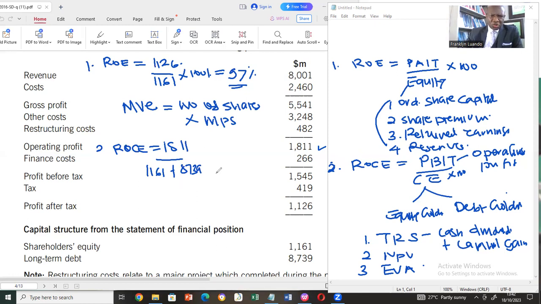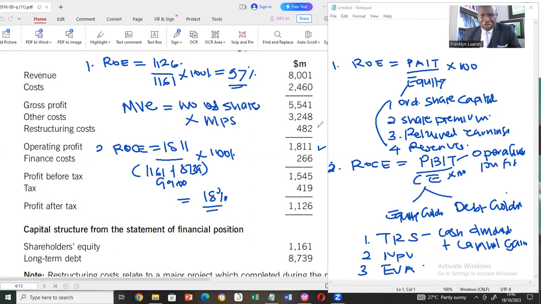In total, this will be 9900, multiplied by 100%. This will give us 18%. 18% appears to be reasonable,